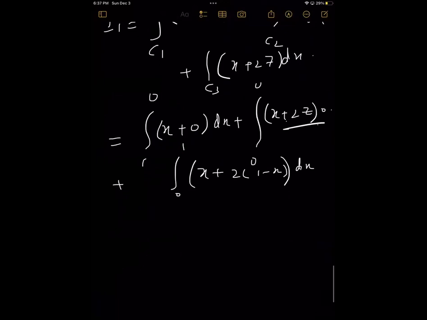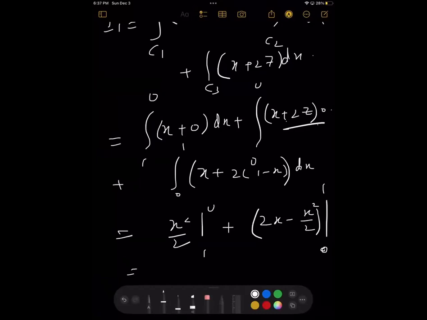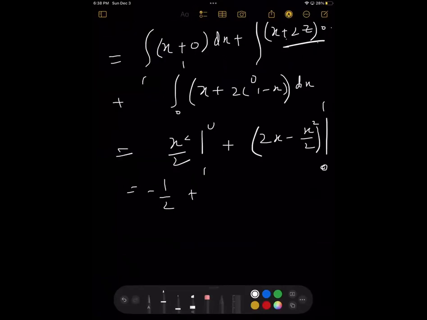So now we will solve it. It is easy in the dx form. So we have x squared by 2 from 1 to 0 plus the integral of x minus 2x, so it is 2x minus x squared by 2, from 0 to 1. So we solve it and we get minus 1 over 2 plus